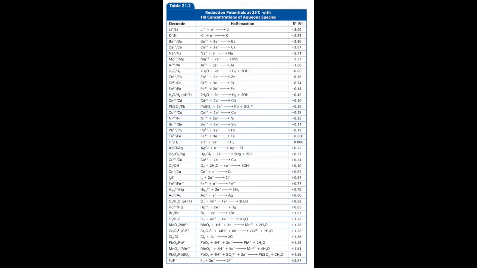So the first thing I want to do is examine this chart. It's going to come out kind of small, but it's a very important chart. This is a table of reduction potentials. Notice the word reduction. So I'm going to calculate whether or not a cell